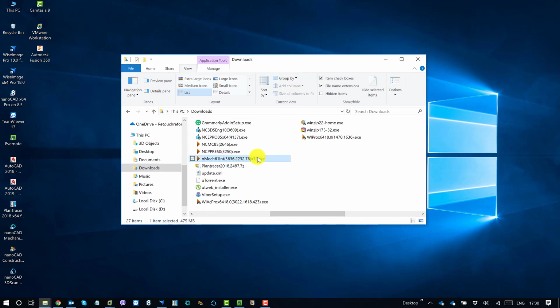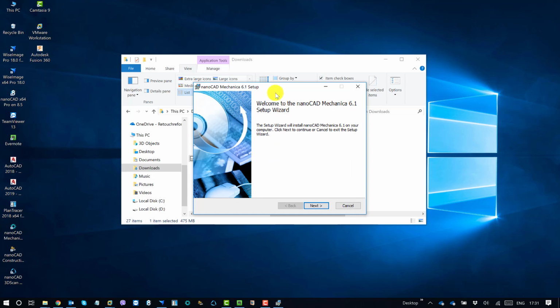It is one exe file. A few of the products can be installed on both 64-bit and 32-bit, but some of our products are not available on the 64-bit platform, so it's only a 32-bit exe. In my case, I have the NanoCAD Mechanica 32-bit build, so I can double click on that. It's a self-extracting exe. The moment I double click, it will start extracting the set of files, and it will run straight away the